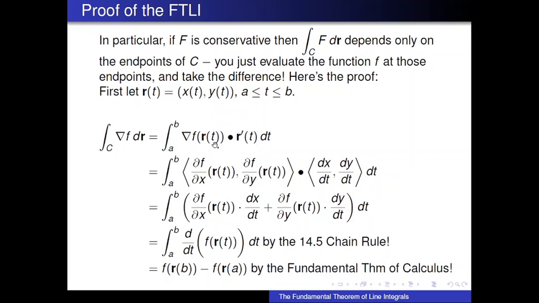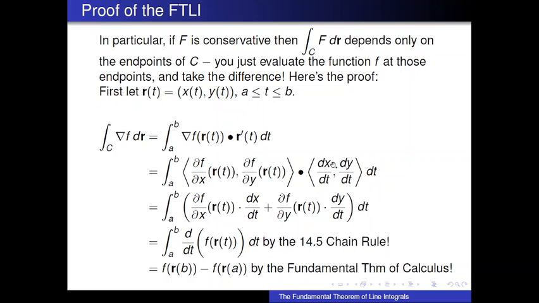So let's compute what this is, though. Let's remind ourselves, what is the gradient of this function little f? Well, in this case it has two components. The first one is the partial derivative of little f with respect to x, which we'll evaluate at little r of t. And the second is the partial derivative of f with respect to y, evaluated at r of t. And we could write these tangent vectors, r prime of t, as, well, if r of t is x of t in the first component and y of t in the second component,